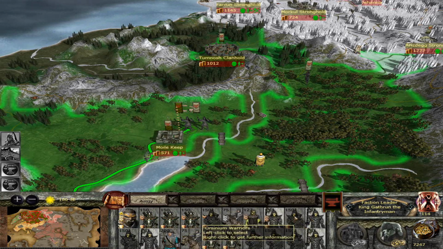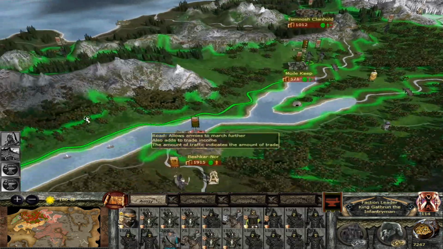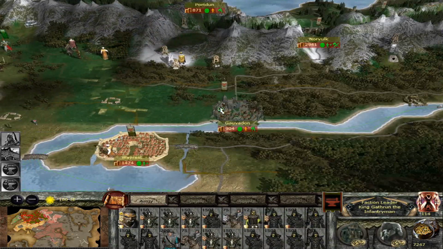I'm probably just going to grab... I can probably drop one of these guys off. Maybe the guys that don't have armor. But basically, I'll still bring you over this way. And then I'll have it so what we'll do is...